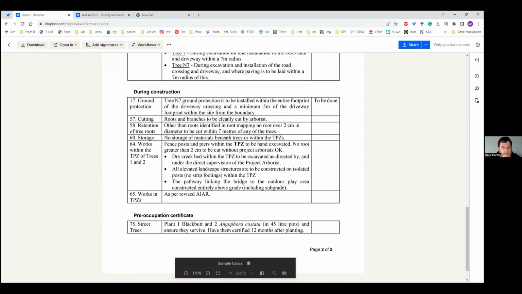And again, no storage of materials beneath the tree or within tree protection zones, an ongoing component. Each time it'll say compliant as a thing. So it's just trying to get into something that's simple. The advantage of this is that the builder understands it. The builder did not understand 9 pages of conditions. It was just too much, too complex. So try and figure out how you can make things simple for the parties to understand, particularly when you're supervising tree work.